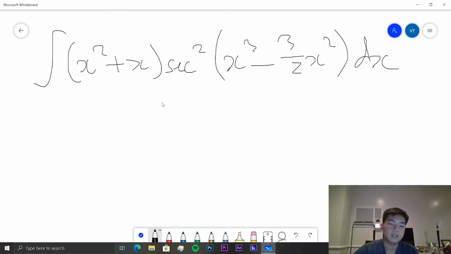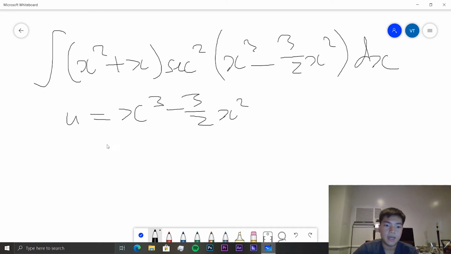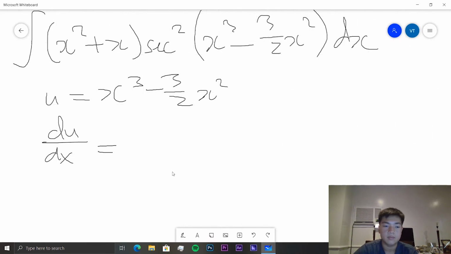So of course we're going to pick this inner term, x cubed minus 3/2 x squared, as u. So we have du over dx is equal to 3x squared